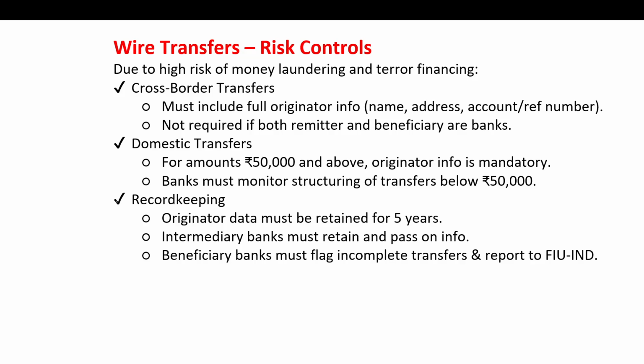Now let's talk about wire transfer. Wire transfer is nothing but sending money electronically. So wire transfer means sending money electronically from one person to another. It can be done domestically, or it can be international or cross border. It's fast and convenient, but it is also risky. It's not only fast and convenient for you, but also for criminals. So it can be misused for money laundering, terrorist financing, or any other kind of financial crime. And to reduce this risk, banks must follow certain rules.